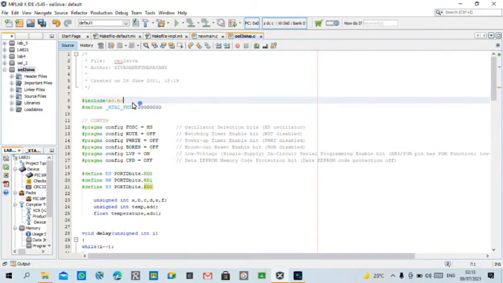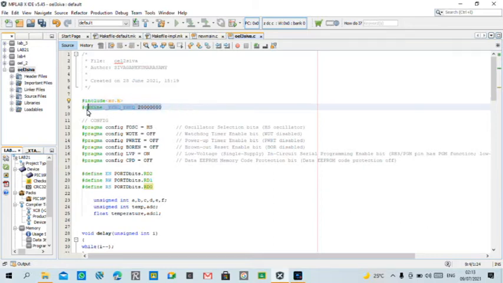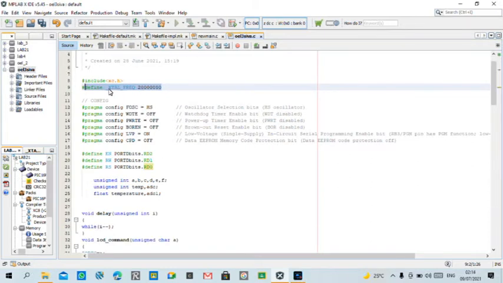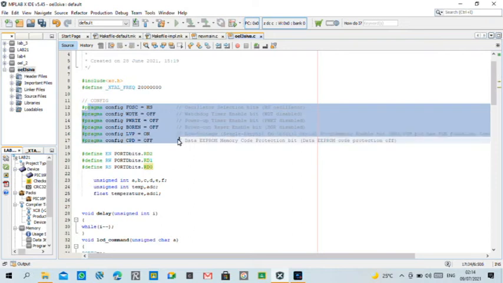Okay, let's start. I'm using the #include xc.h library and I define the XTAL frequency to 20 million. Then we set the main configuration pragma, which is FOSC equals HS, then LVP equals on, then the rest we set off.